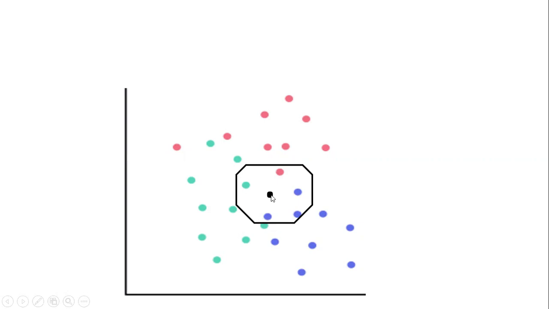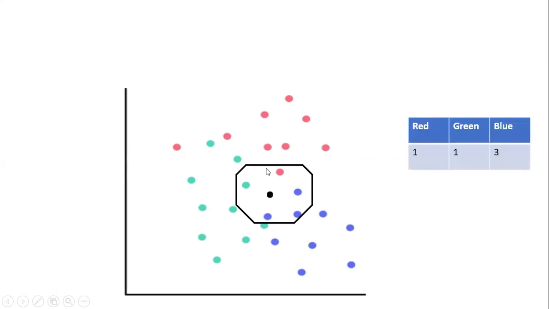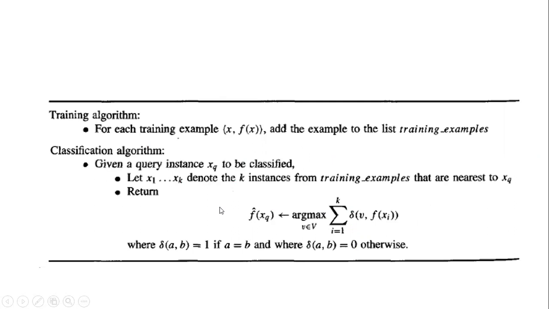Now in our space, red will get 1 vote, green will get 1 vote, and blue will get 3 votes. Whichever gets the maximum votes, we'll consider our query instance as belonging to that category. So here we'll consider this as blue. This is all about the explanation for that example.